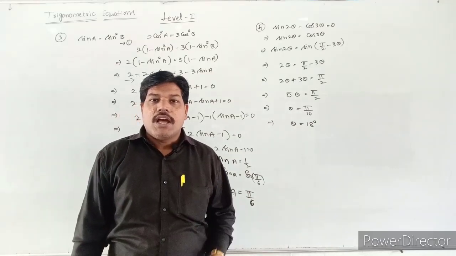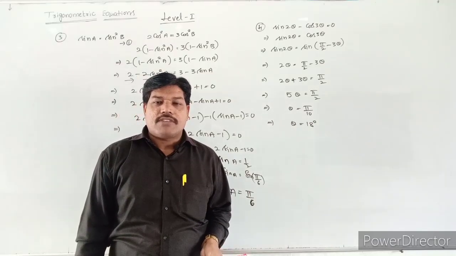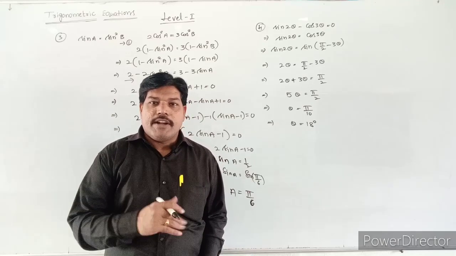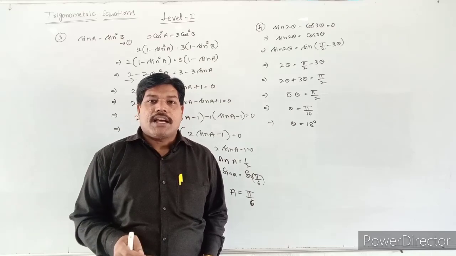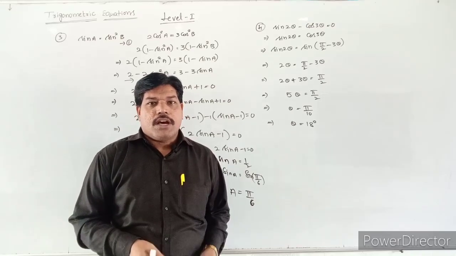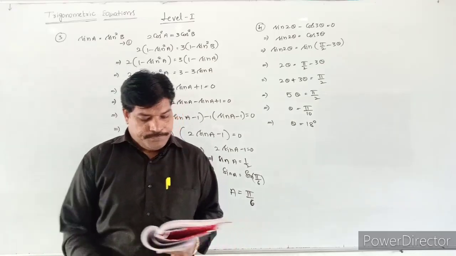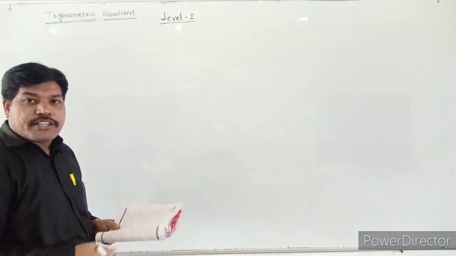Theta is acute and they have given the principal solutions only. So in that case we don't take n pi plus or 2n pi plus like this. We will take the direct angles and calculate the theta values. Okay, all understand, students? So theta is equal to 18 degrees. See the next question, students.